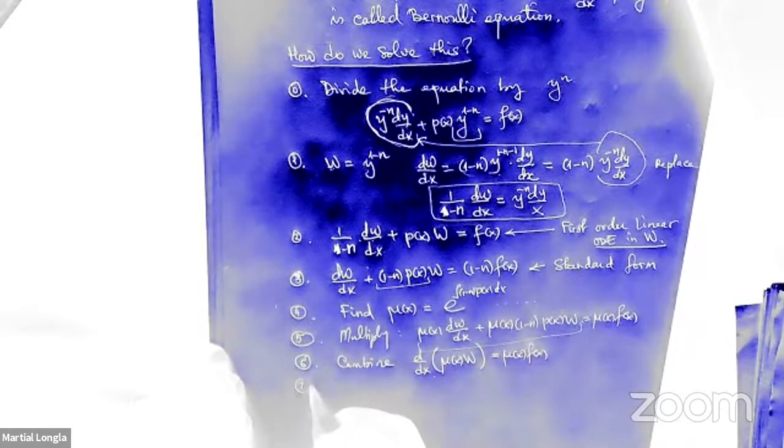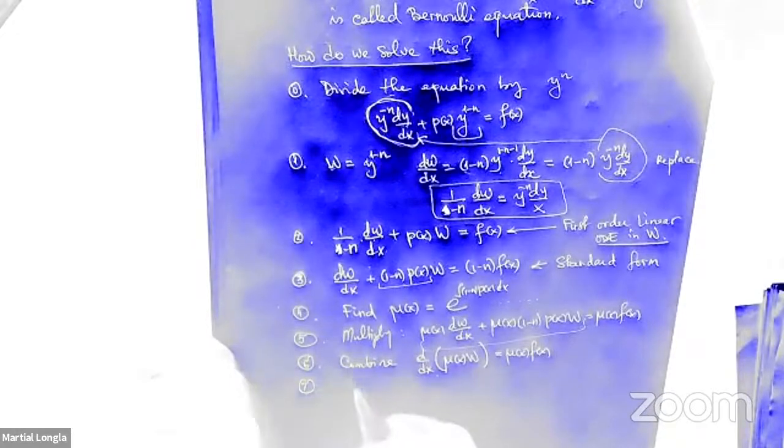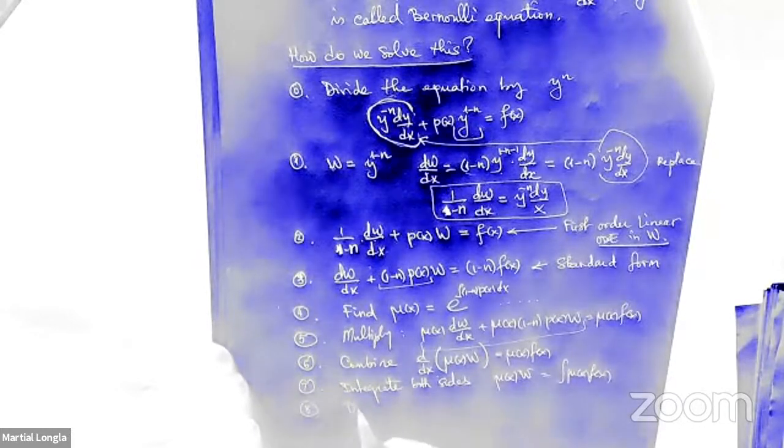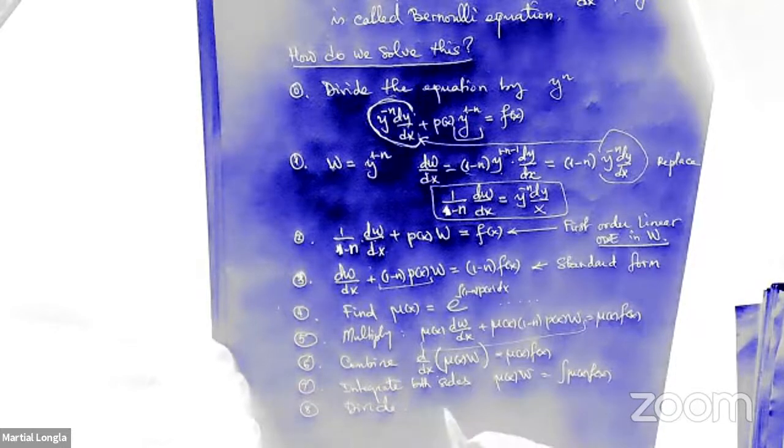And what's the next step after that? Integrate. You guys know it. So it's just gonna flow. So integrate both sides. And so you're gonna get mu of x w equals the integral of mu of x f of x, and then divide. Get w equal, and then in this case, one last step that you need here that you didn't have there is return